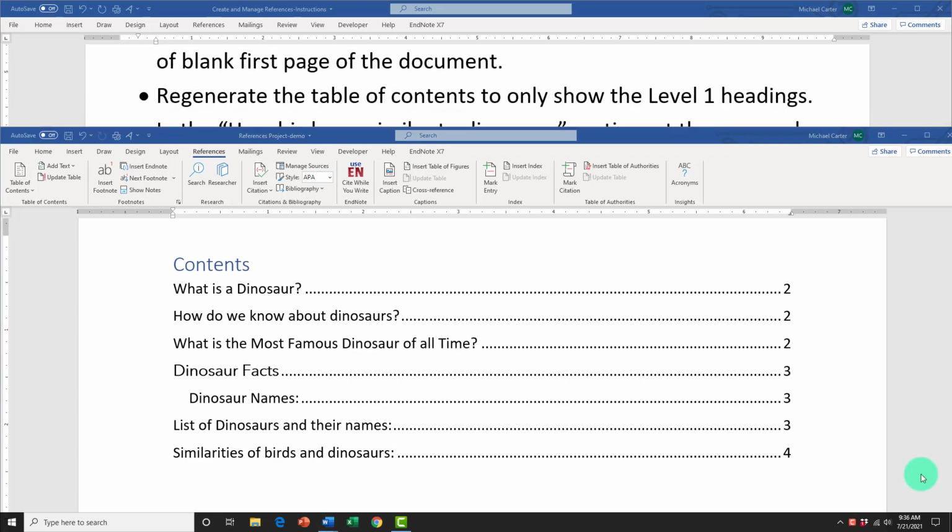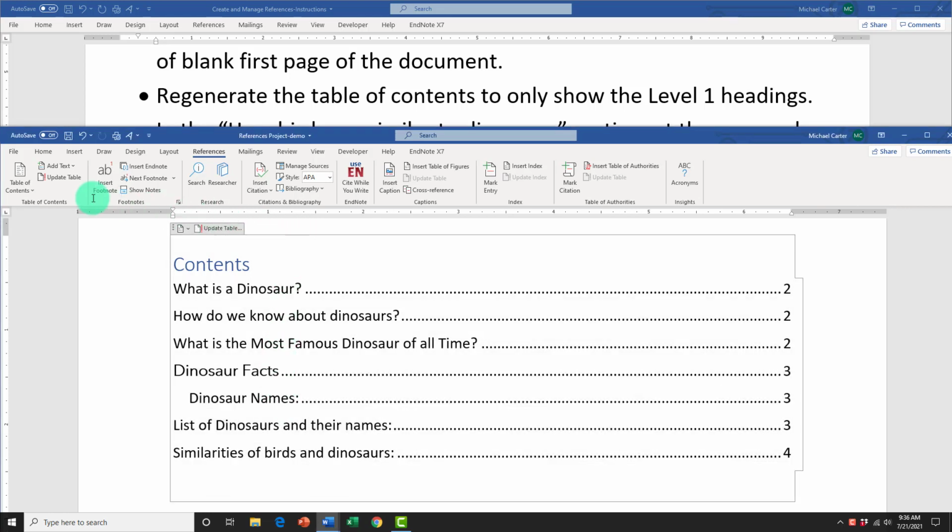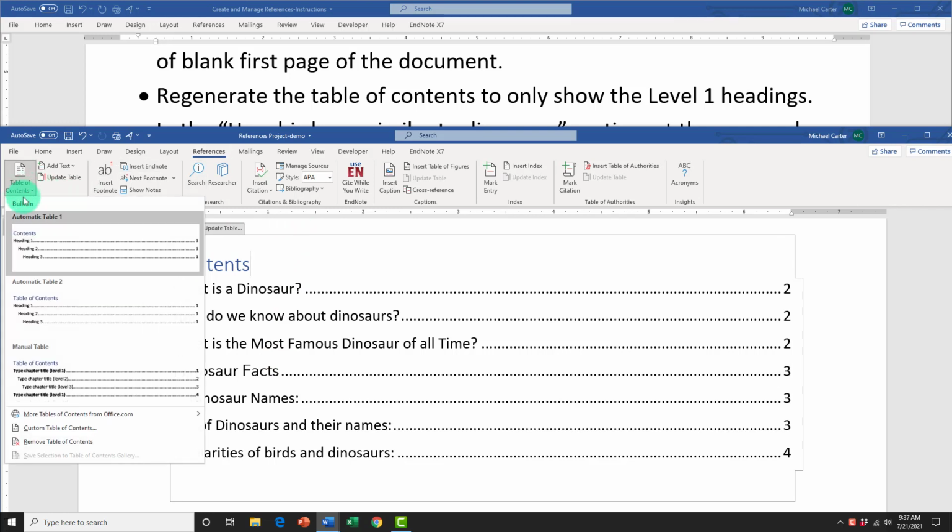This task is a little bit trickier than the last one because it's going to ask us to go deep into the table of content options and change the options to only show level 1 headings. So you can see that we've got a level 2 heading here and we want to get rid of it in our table of contents. So what you'd have to do is click the table of contents anywhere, it doesn't really matter, and then go to the table of contents in the References tab, click the drop arrow, go to Custom Table of Contents, and